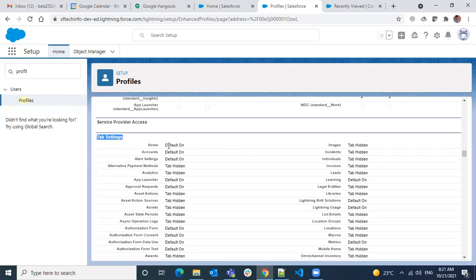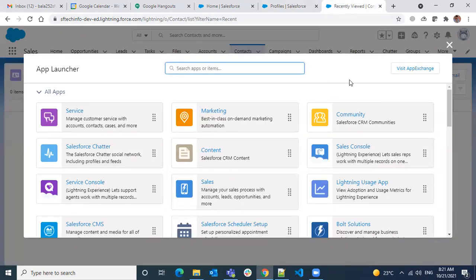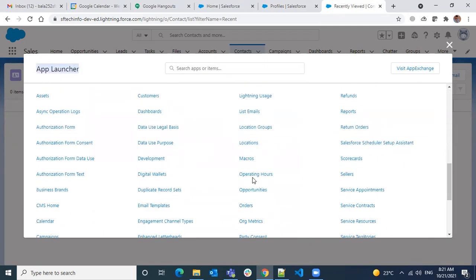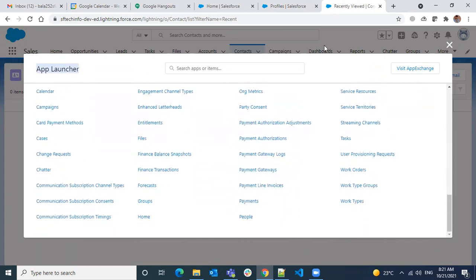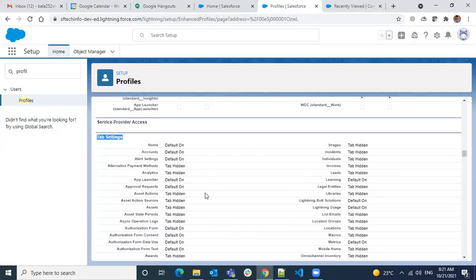When you say default on, it will always be visible to you. When you say default off, it will not show you anywhere. It will show you only in the app launcher. If you see in the bottom right, here only you will see that tab. When you say default tab hidden, you will not have access to the tab.